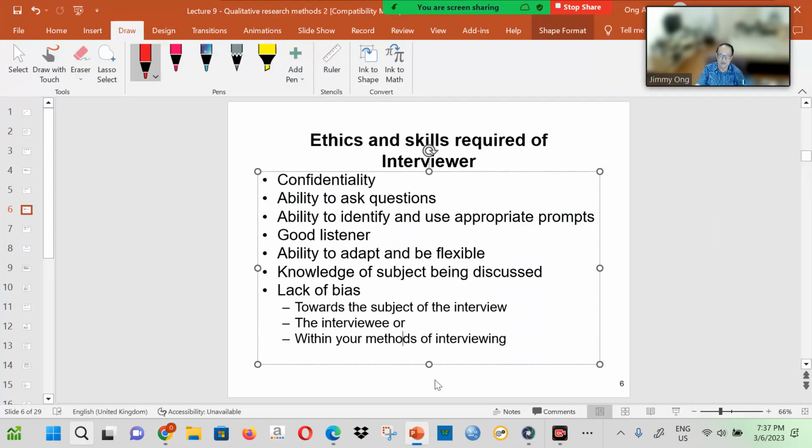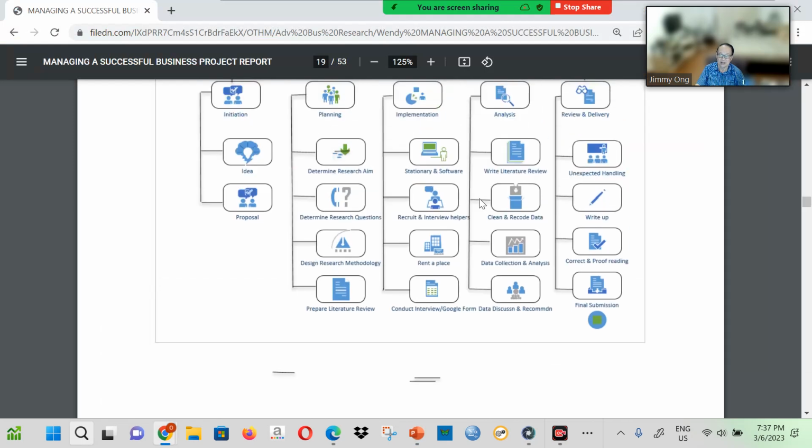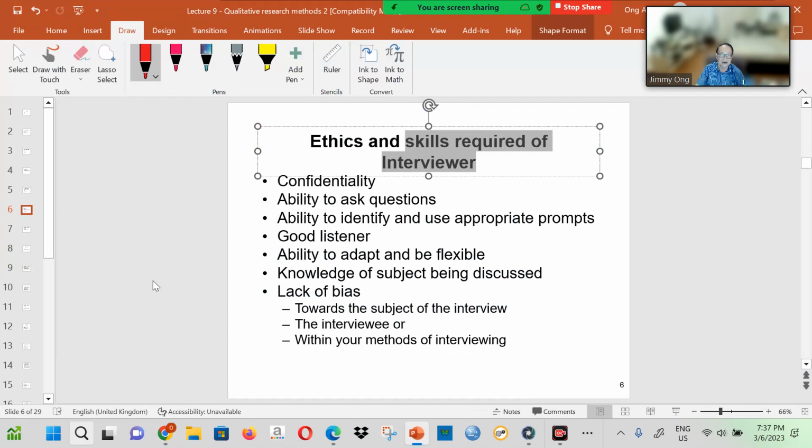Okay, I have managed to make it clear on this ethic, and also the skills required of your interviewer, and I've also shown you this chart whereby your interviewer is here. Okay, next,